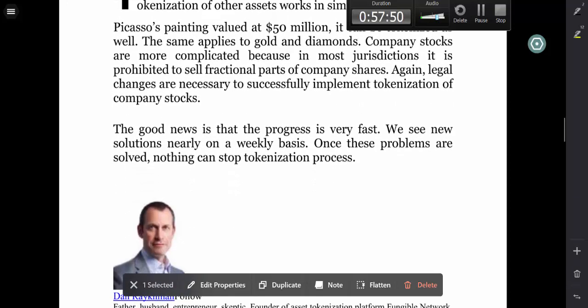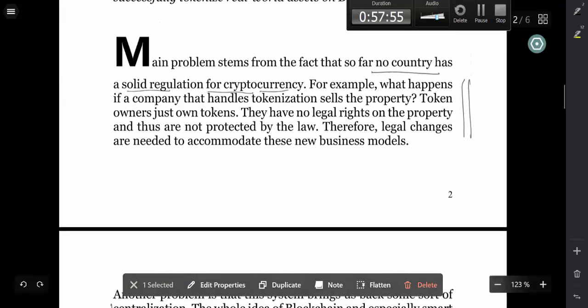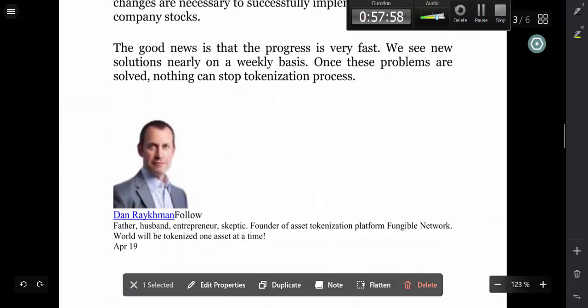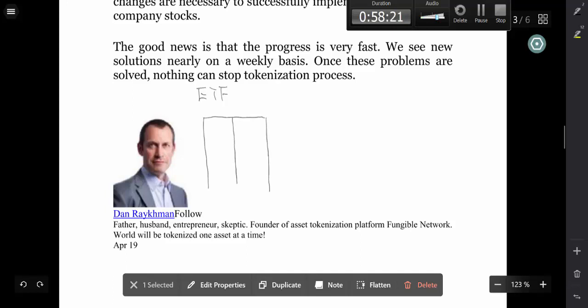Now I'll tell you why this legal issue may not be as complicated as you think, because you look at it carefully, all right? So if you set up an ETF, you ask yourself, what is actually going on in an ETF now? If you set up an ETF, then what's happened is investors will give you money,